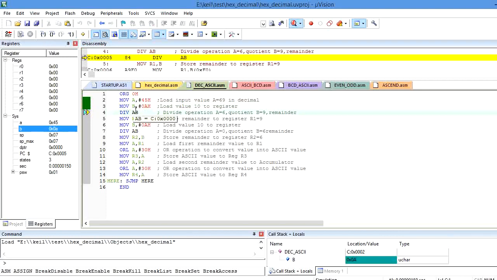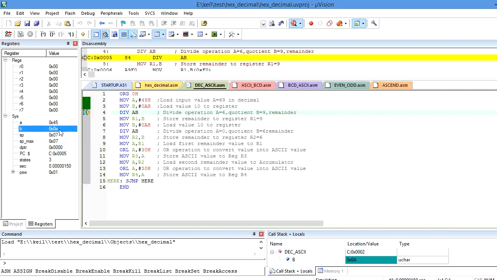After that, as I told, I want to convert this hexa value into decimal value. So what do I need to perform? The divide operation. Whenever I perform the divide operation, the accumulator contains the quotient and register B contains the remainder. Before execution of the divide instruction, A is 45H and B is 0AH.